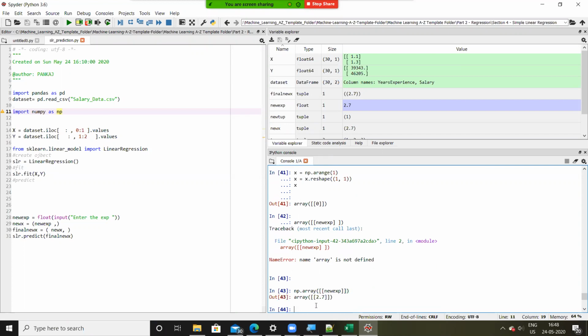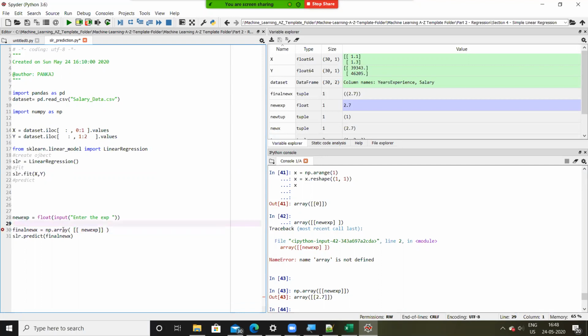Done. So I'll say my final, this final, I'll say np dot array, round bracket, and then square bracket new exp as a variable that we took.